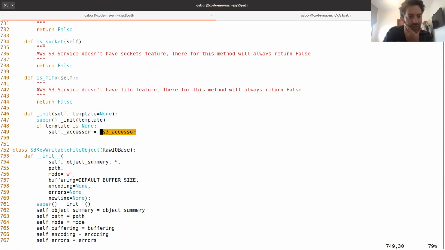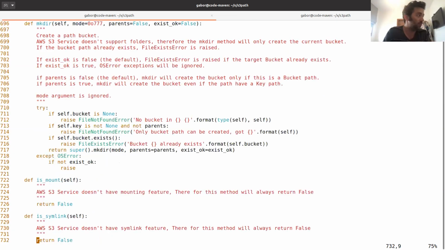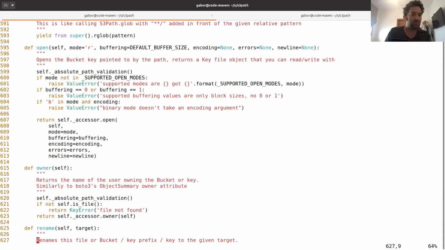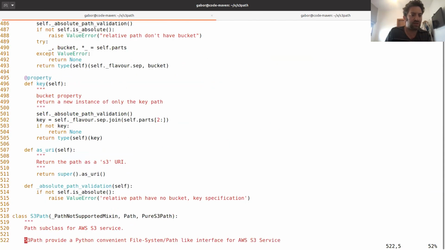Oh, here in the init, the accessor is an instance member of the path level. Okay, it's an init from where? Go up, you can see that here, exactly, it's the s3path object. Yeah. Okay.